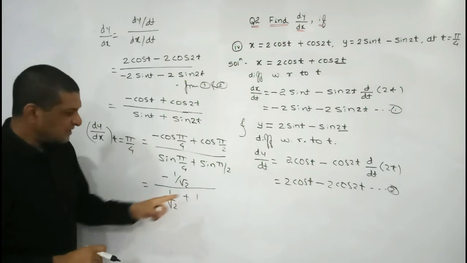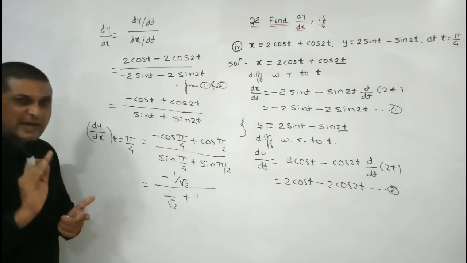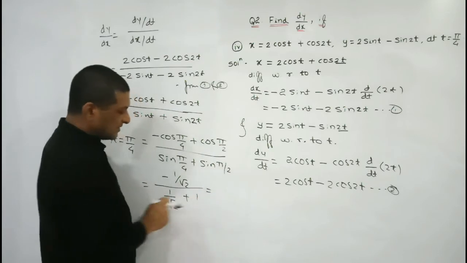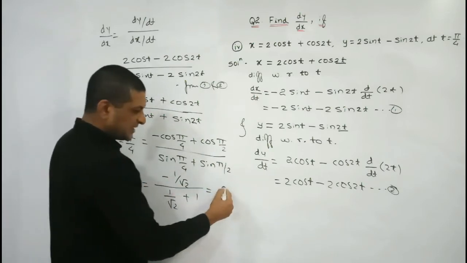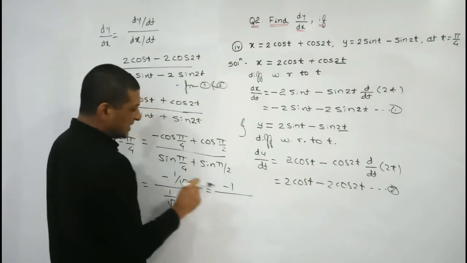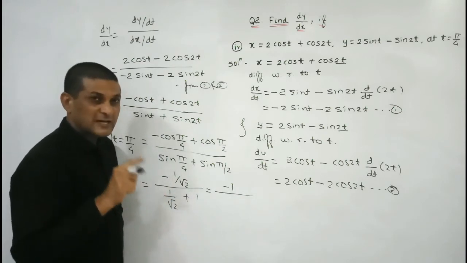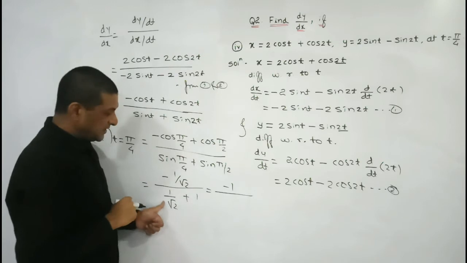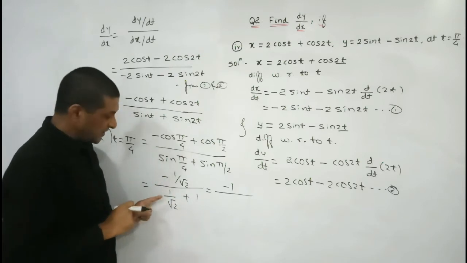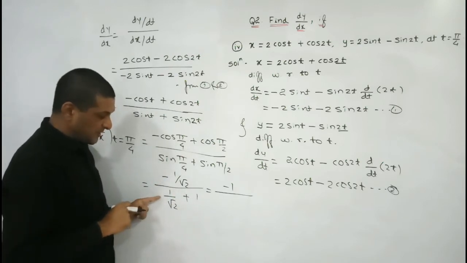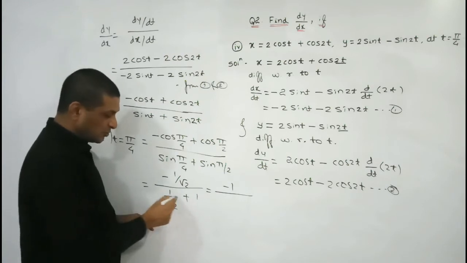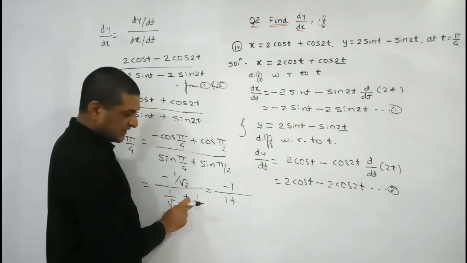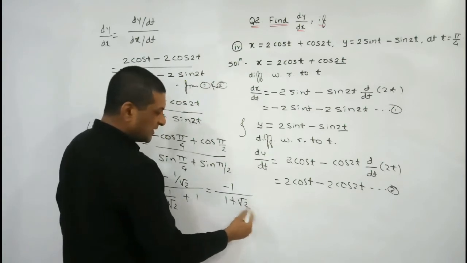Now simply I am multiplying the numerator and denominator by root 2. Let us see what we will get. Multiplying the numerator by root 2, the root 2 will get cancelled, the remaining term is minus 1, and since we are multiplying the numerator by root 2, we multiply the denominator by root 2 too. In the denominator two terms are there, so multiply the first term by root 2. It will get cancelled, the remaining term is 1, and multiplying the second term by root 2, 1 into root 2 will be equal to root 2.